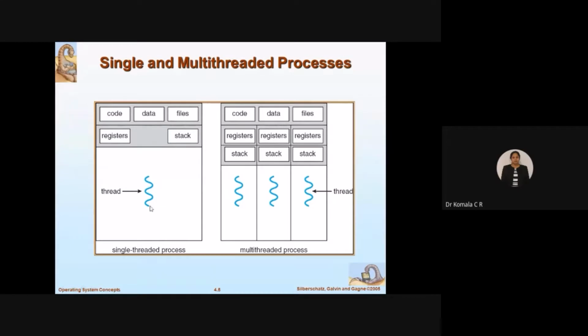So this particular one is a single thread. I have one program in execution. You are controlling this code you are executing here. Fine. So this is the part where your CPU is executing the program. This I am calling a single thread process. Why? I have only one thread here, one program to be executed.